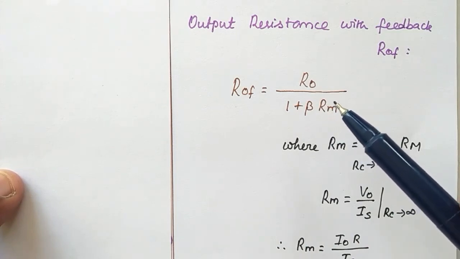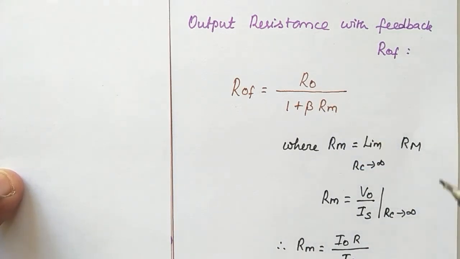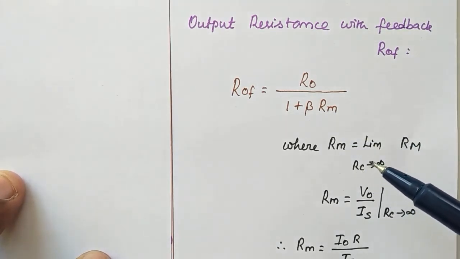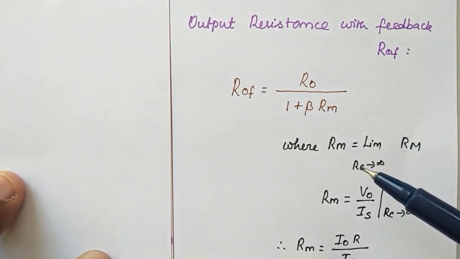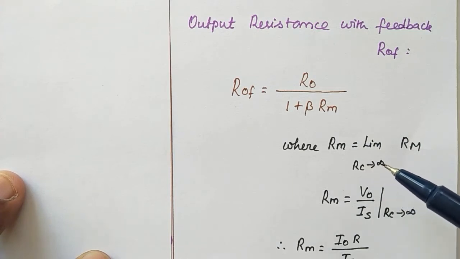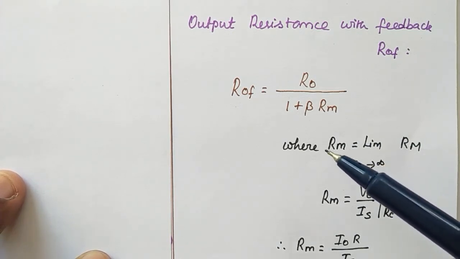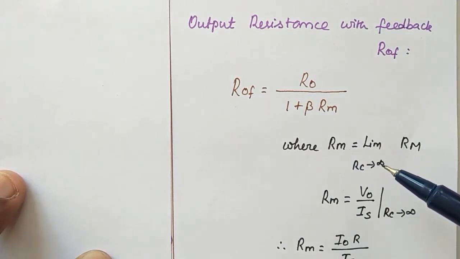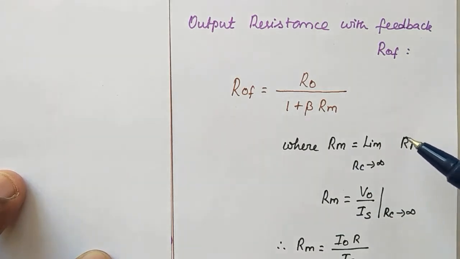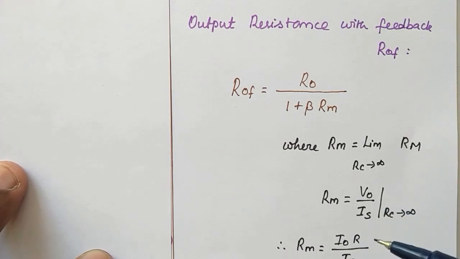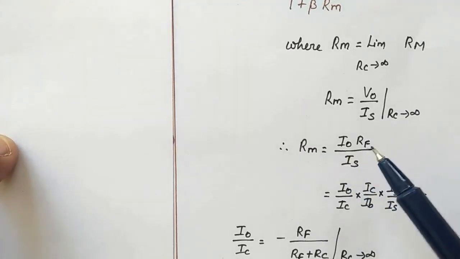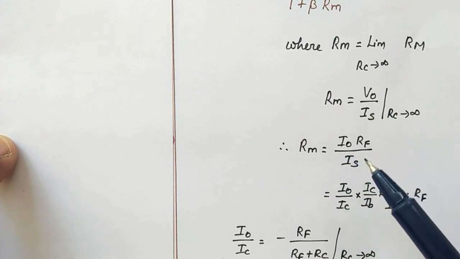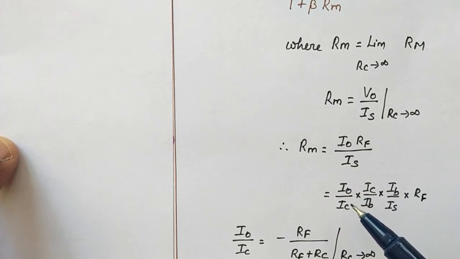So here we make a small difference, or small m we are using, meaning we are going to remove the load resistance. Here the load resistance is RC. We are going to remove it by opening the load resistance. So R small m is equal to, we are applying the limit RC tends to infinity of R capital M. R capital M we already found in step 5. That we make Rm equal to V naught by Is, where V naught is nothing but I naught into Rf. Is is already written. So I naught by Is we have to expand as in step 5.